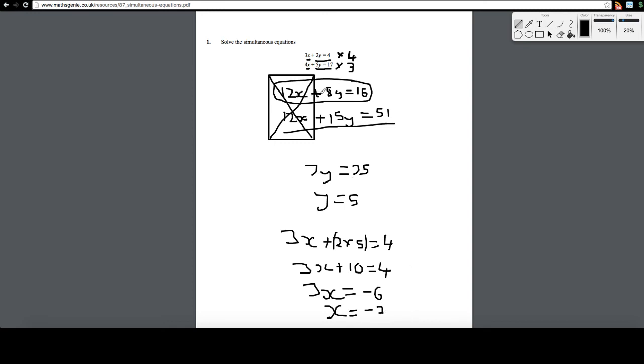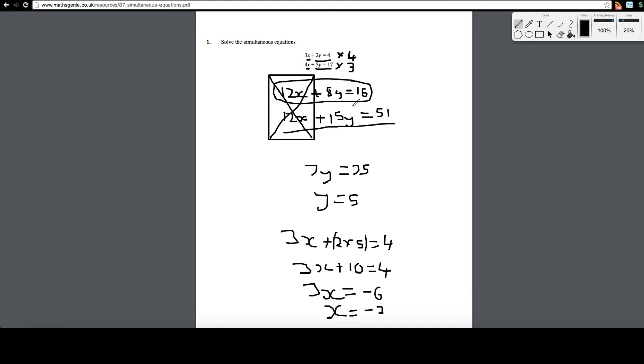To go through very quickly in 1 minute, we want to get the number in front of the x or the number in front of the y, either one. You don't pick both, you pick either one to be the same. So from here we wanted x to be the same, and the first number that can be the same is 12. So we did 3 times 4, 4 times 3, 12x, 12x, 8y, 15y, 16, 51,